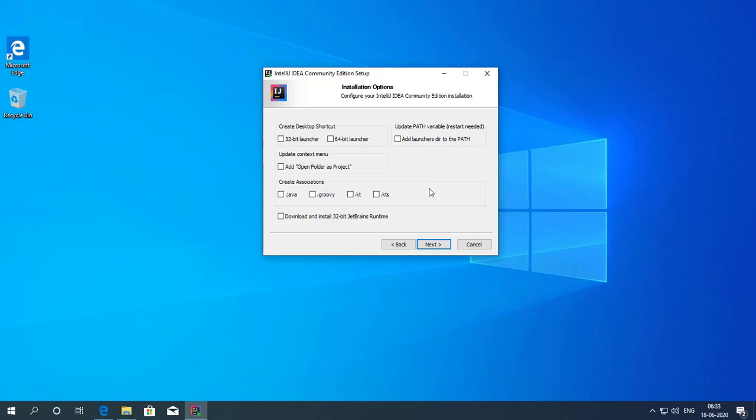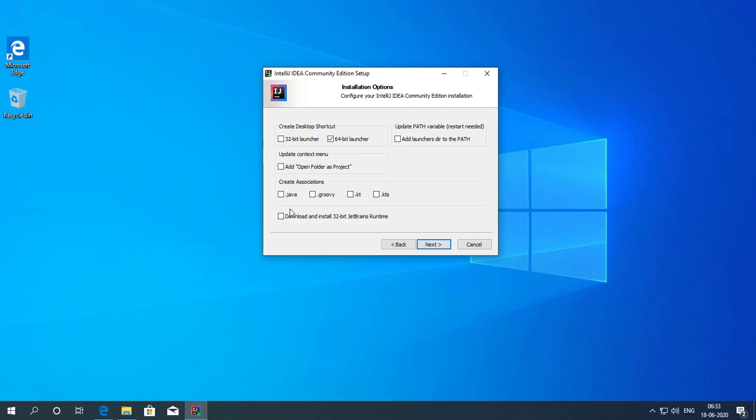So it will ask here some options. So one by one I am going through it. First it will ask for create desktop shortcut. So my machine is 64-bit, so I am selecting the 64-bit launcher, and in the next update context menu there is an option add open folder as project. So I am not using it, so I am not checking it. The next one is create association with.